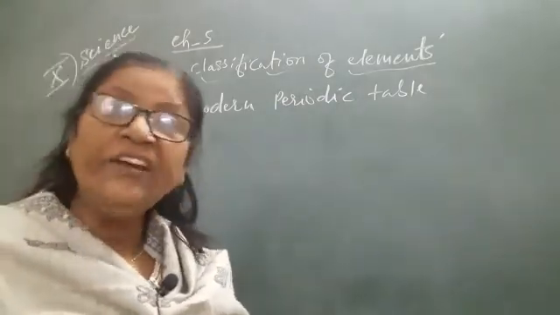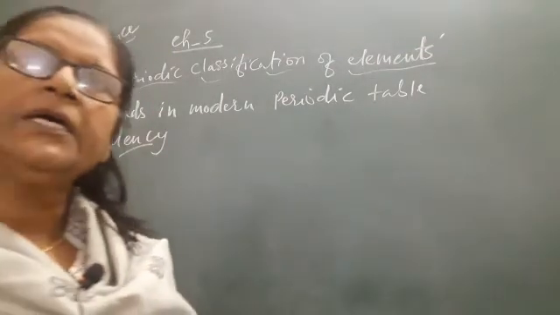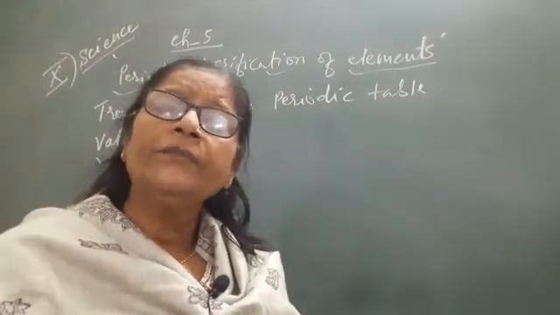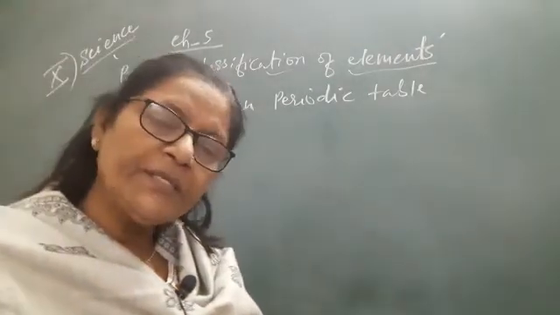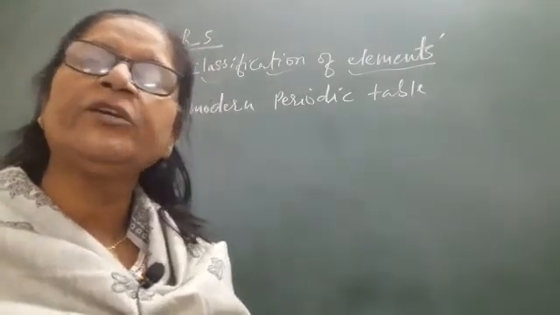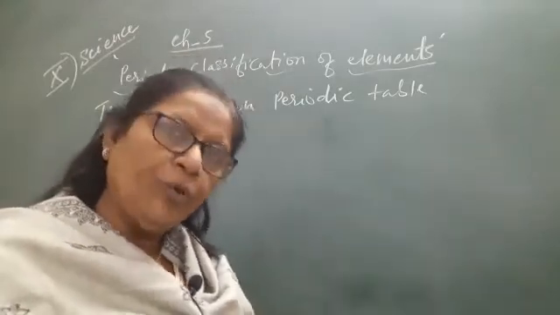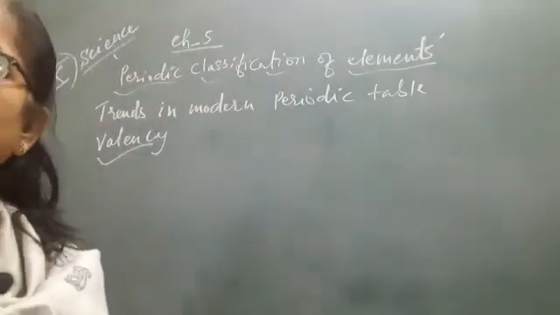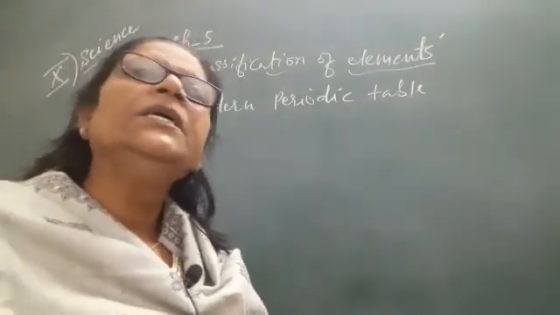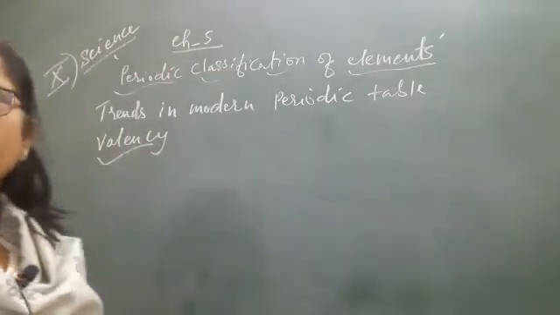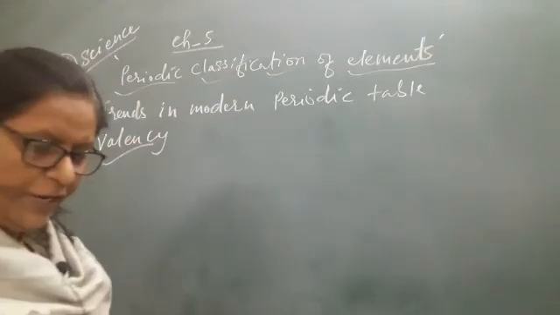Now in the same way, if there are 5 electrons, to complete its octet like the noble gases, it needs 3 electrons. So its valency will be the same, 3. Then if 6 electrons are there, there is a shortage of 2 electrons, so its valency will be 2. If there are 7 electrons in the outermost orbit, it needs 1 electron only, so its valency is 1, to complete its octet. Means the noble gas configuration.